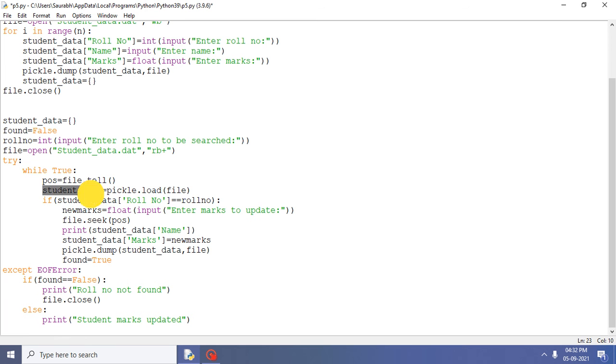Then student_data = pickle.load(file). That means the first record will be loaded from the file and stored in the dictionary student_data. The first record will be initialized to this dictionary. Now we have to check if this dictionary's roll number is equal to the roll number which we have taken from the user. That means we check if student_data["rollno"] == rollno. Then new marks, we have to enter the new marks which are to be updated in the variable